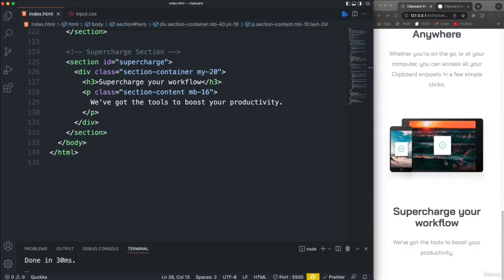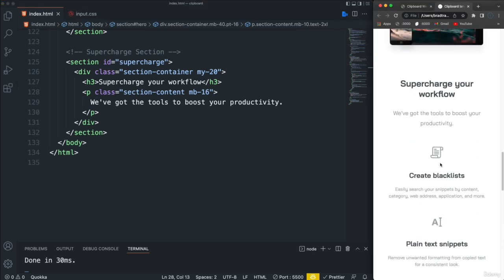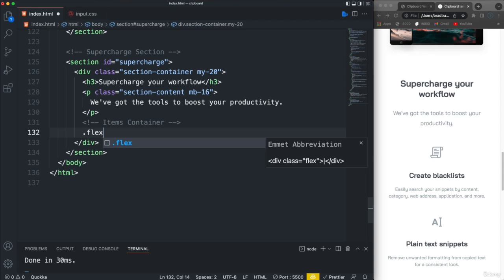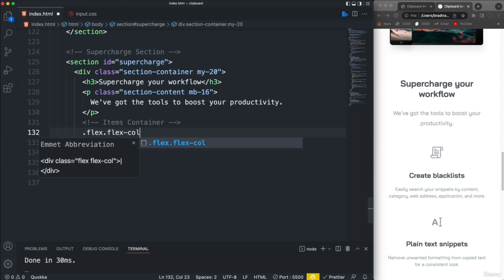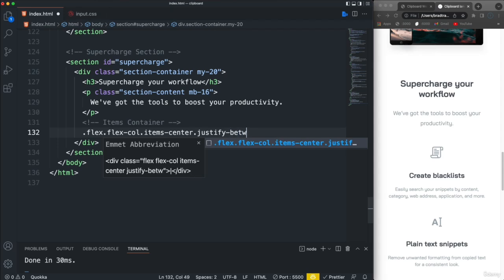So we have the H3, we have the paragraph, and then we want to have under that, let's take a look here. Then we have these items. All right, so under the paragraph, because this is going to still go within this section, let's say this is going to be the items container. All right, so our items container is going to be flex and flex-col to begin with, and then items-center, and let's do justify-between, so the remaining space will go in between,